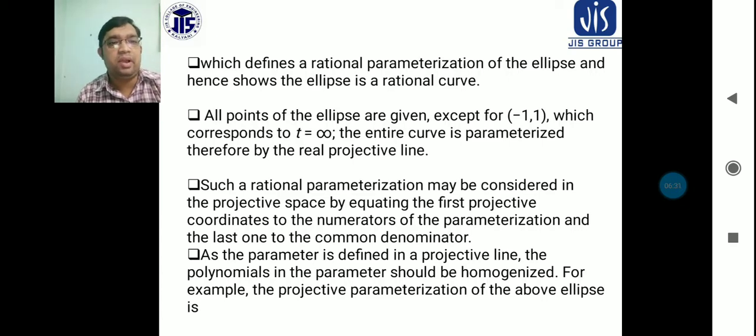As the parameter is defined in a projective line, the polynomials in the parameters should be homogeneous. Basically, these are the polynomial functions and polynomial parameters, and they should be homogeneous. For example, the projective parameterization of the above ellipse is